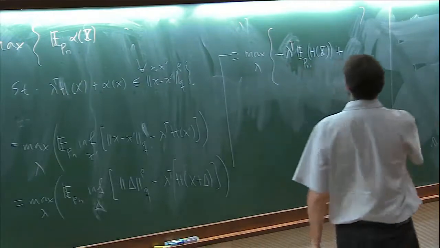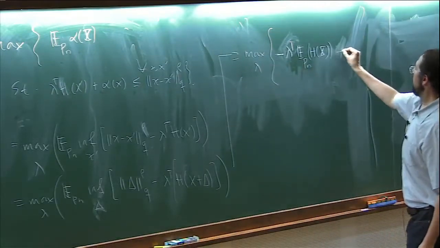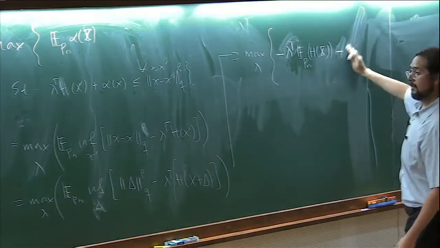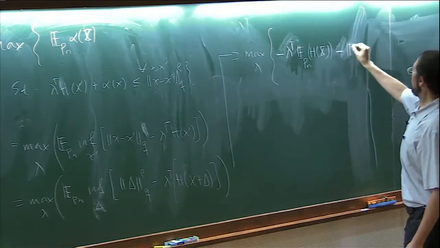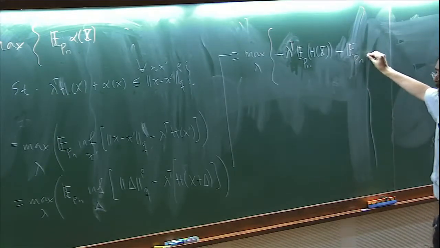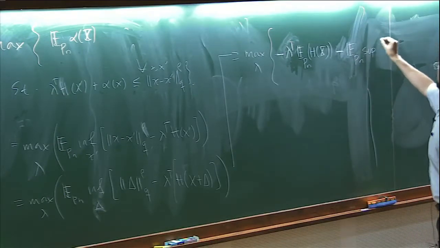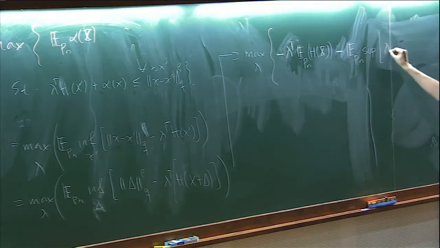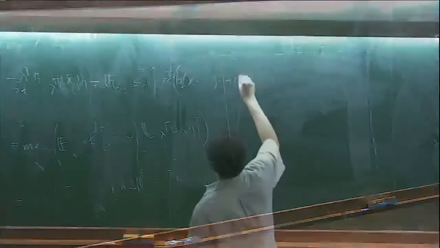So I'm going to write this as negative expected value of Pn of the sup of lambda transpose h of x plus delta minus h of x